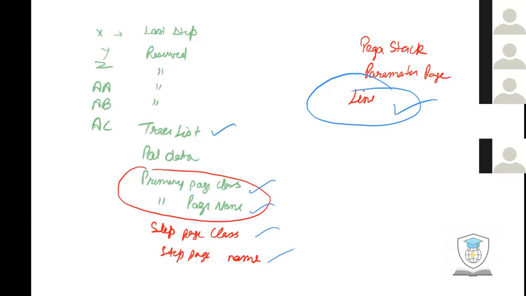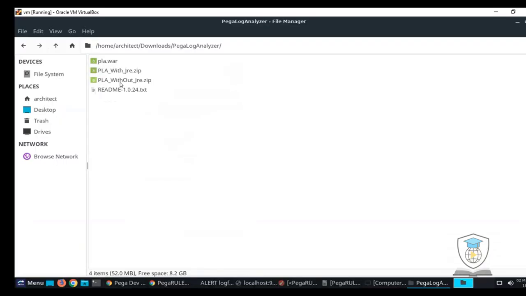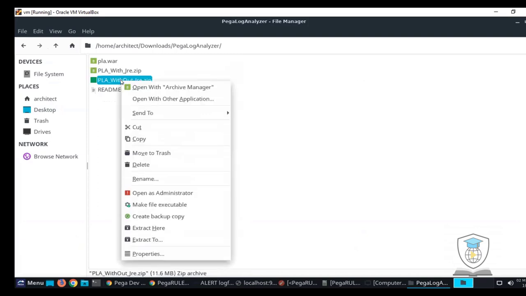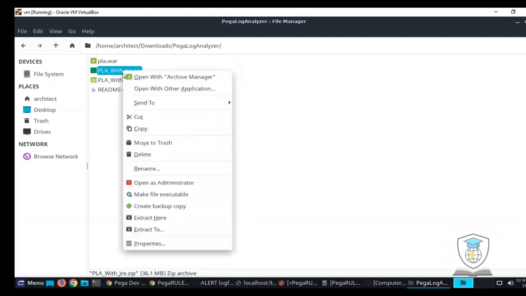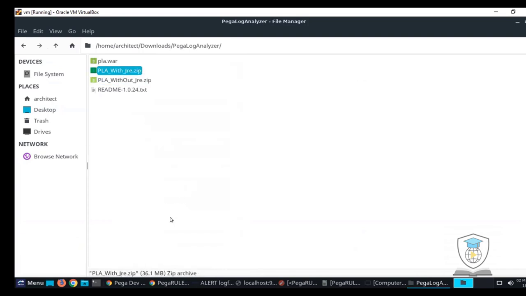Now coming back to Pega, let's install Pega Log Analyzer and see what results are coming. So this is Pega Log Analyzer. It has 2 options: run with JRE and run without JRE. You can access it in any way. Let's open with JRE.